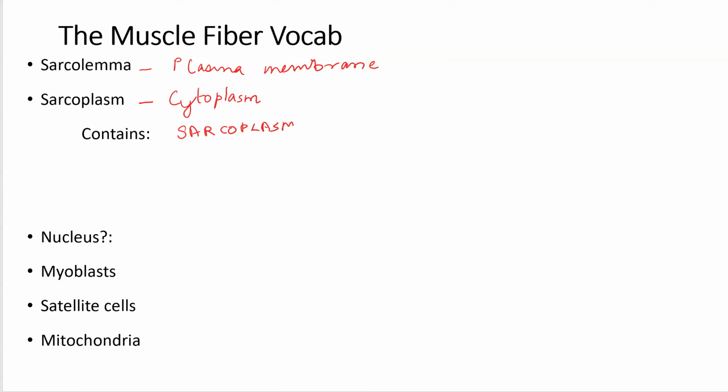Sarcoplasmic reticulum is just a fancy name for the endoplasmic reticulum, and this contains a liquid that is rich in calcium ions. So it stores calcium ions because calcium ions along with ATP are the main factors that drive muscle contraction. Okay. So along with sarcoplasmic reticulum, the sarcoplasm also contains a highly organized